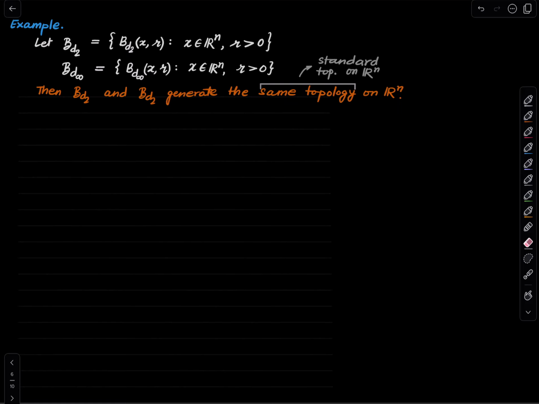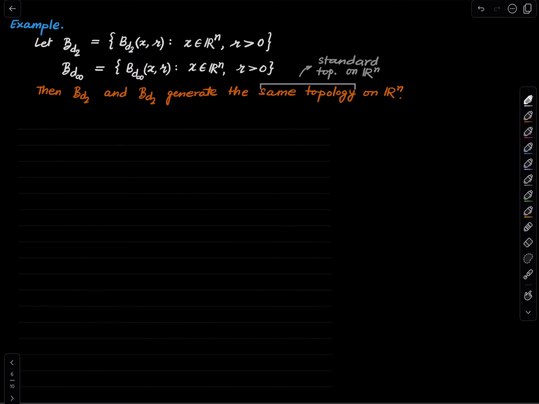We will use the previous proposition. Basically, let's say tau 2, I don't know what notation I should use, but the point is this. If we can show that the topology generated by this is finer than the topology generated by that, and we also show that the topology generated by that is finer than the topology generated by this, then the two topologies must be the same, because both are finer than each other. So that is how we will go about it. So what I'll show is that,